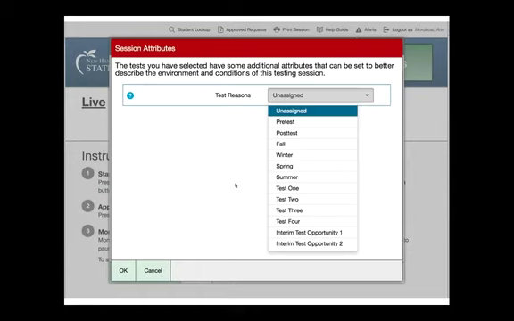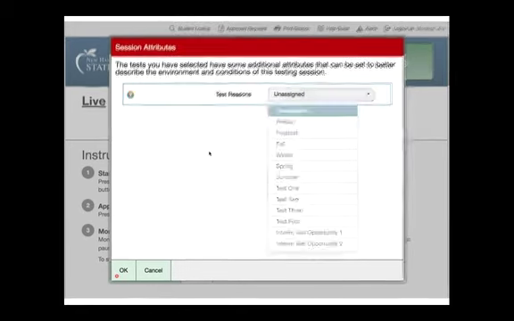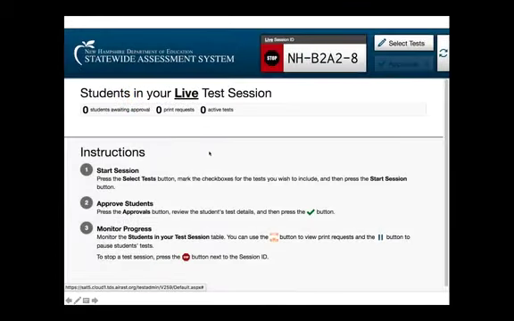It doesn't really matter. If you gave the test in October, you're going to know it's the fall test. If you've got 3 sets of results out there, you know that the first date is the first one you gave, and the second date is the second one you gave. So there's no reason to keep track this way. I would just choose it unassigned. If somebody finds out that it's really useful to separate it, I would love to know that, but it really isn't yet. And if you use these big long names, we're having some trouble opening up the files. So stay with unassigned. Once you choose that, the session will start.